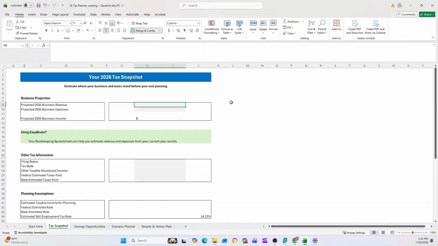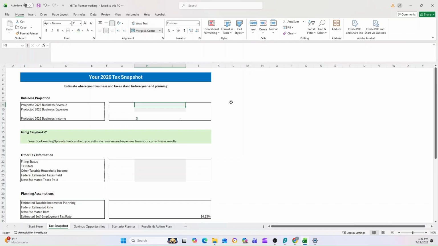That way you can take the actions and opportunities from this workbook and put them into action, so you can use it effectively to get tax savings. So if you're doing this in October,